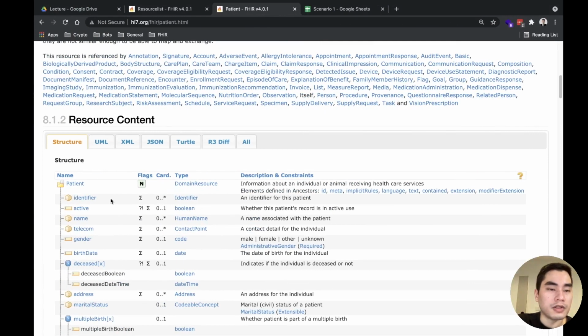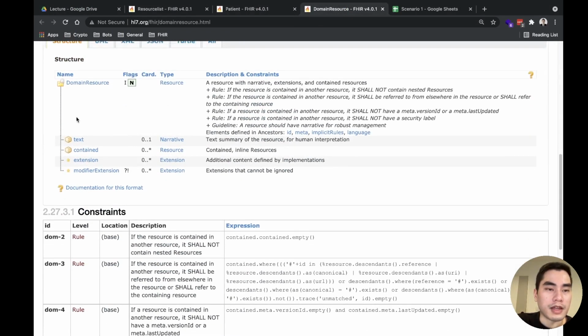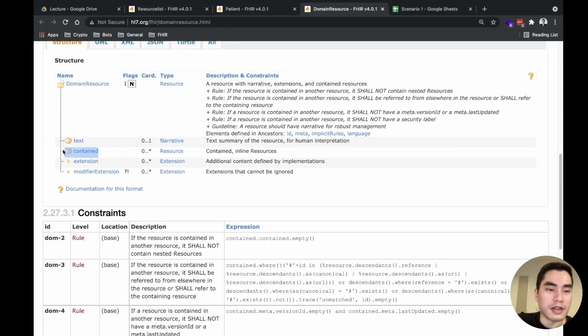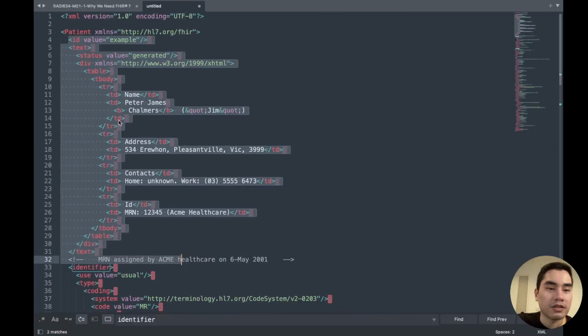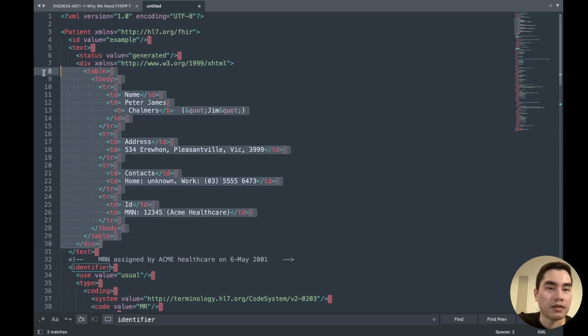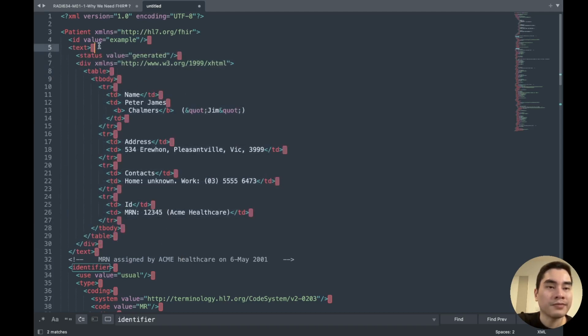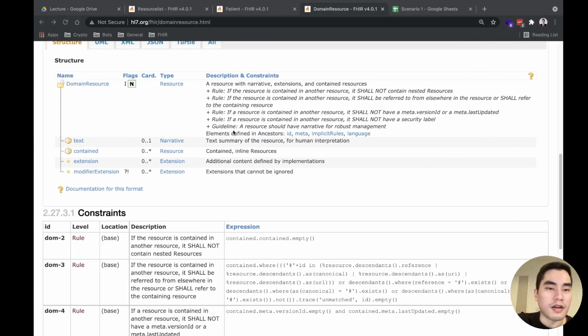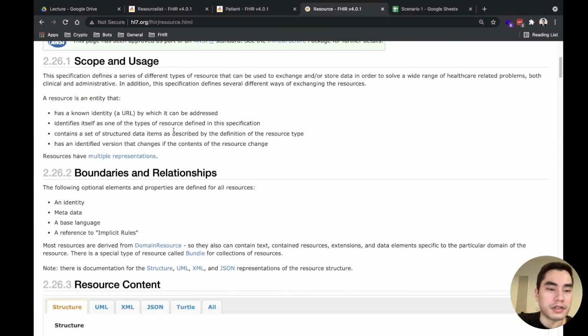That is because the patient inherits from domain resource, and when we go to that domain resource, we will see that there is text, content, extension. So the text, the XHTML narrative, comes from domain resource. Yeah, this one was generated. And ID comes from the base resource. This one.